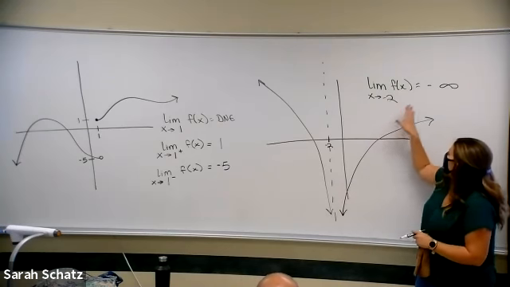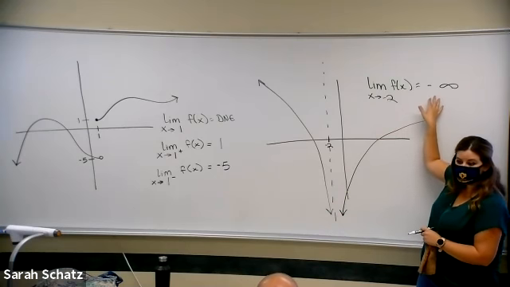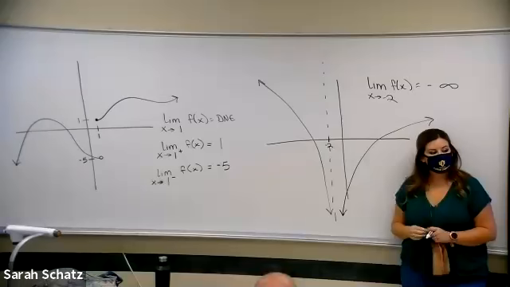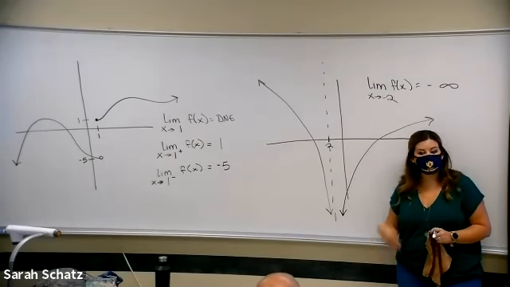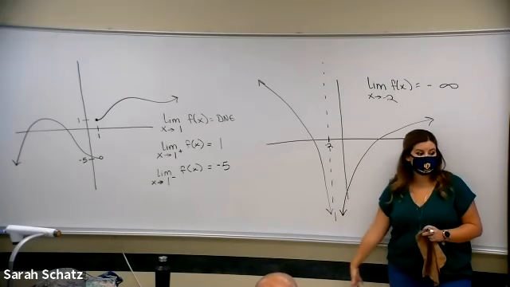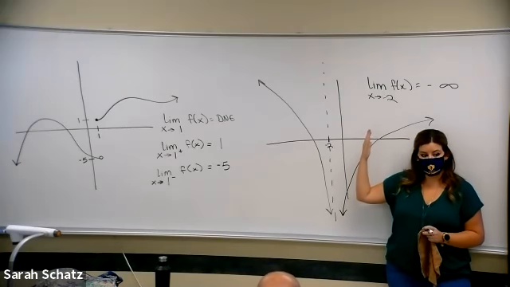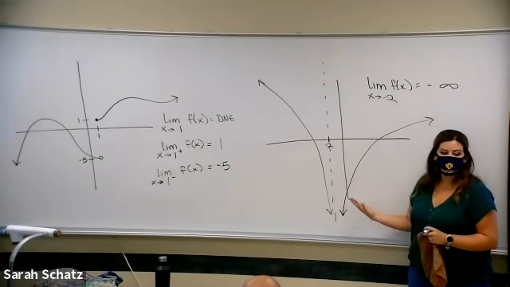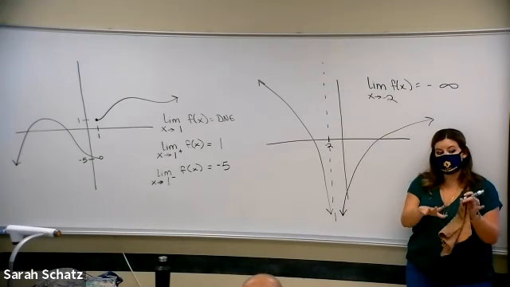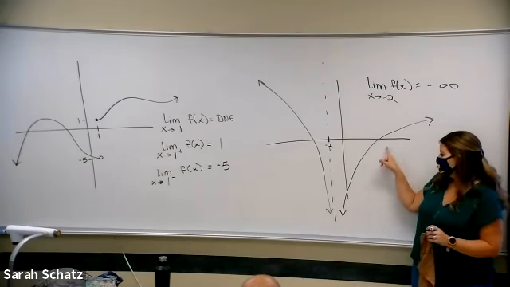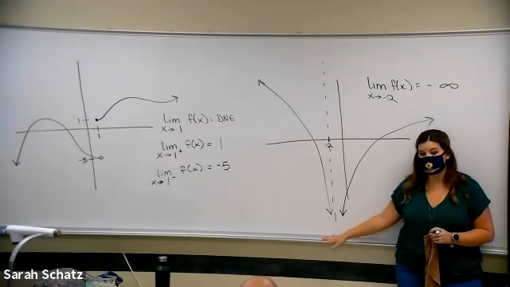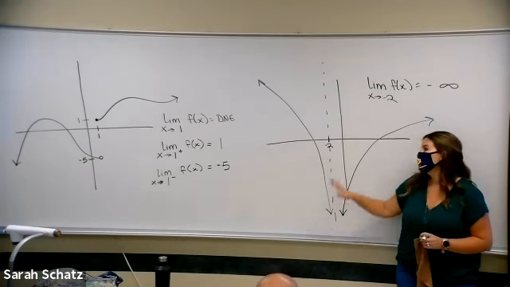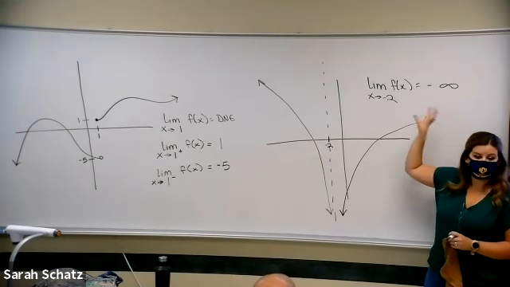Why did I say -infinity instead of just infinity? Because the line's below the one, going down. Right, it is going down. So we are going to differentiate between a -infinity and a positive infinity. But when you have a graph with an asymptote, as long as both sides are going down toward the same infinity, so in this case, they're both going down to -infinity, we are going to label this as -infinity.